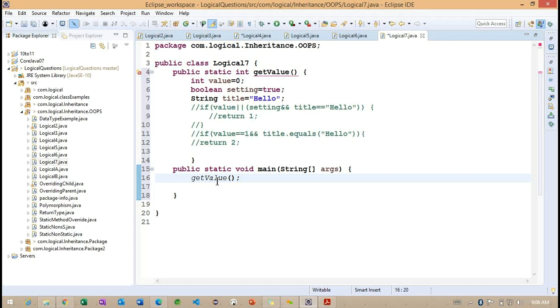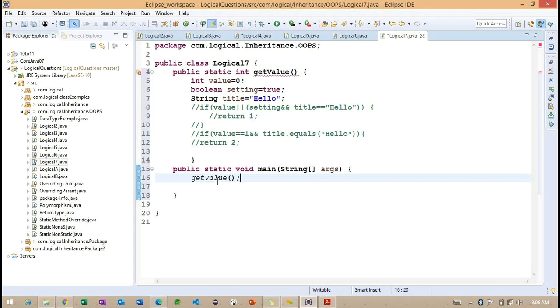Return 1, sir. How is it going to return 1? Sir, in our condition, if anyone is true, it will be true. The condition is true. Okay, here value is 0. The setting is okay, and title hello is true, sir.